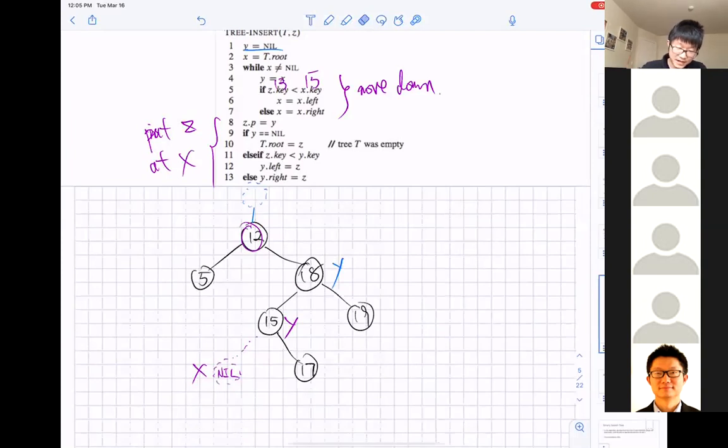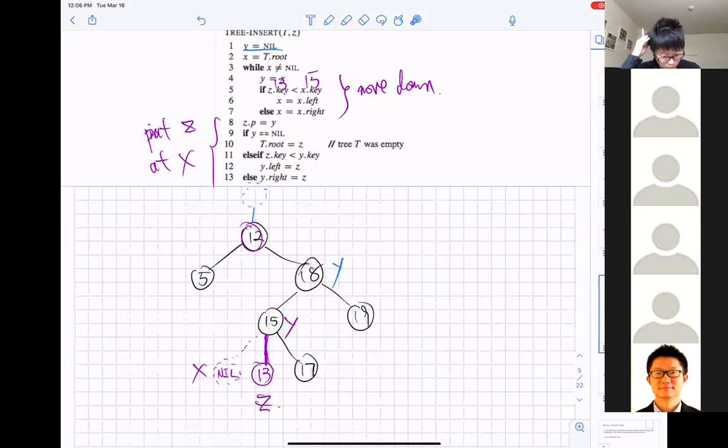Okay, so with that operation, z is claiming that this y is my parent. But what is unclear to y is whether z should be its left child or right child. Only z knows that y is my parent, but y does not know whether z should be its left child or right child. So the next part of the code, the if and else, will help us to know